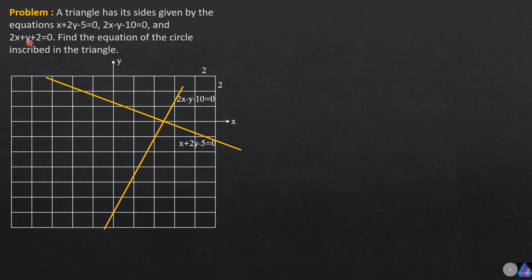Then for 2x plus y plus 2 equals 0, when x is 0, y is negative 2 here, and when y is 0, x is negative 1 there. So that's the line. That's the correct graph, except we should move it here or rotate it here, because this is the same point of intersection, so you just adjust a little.